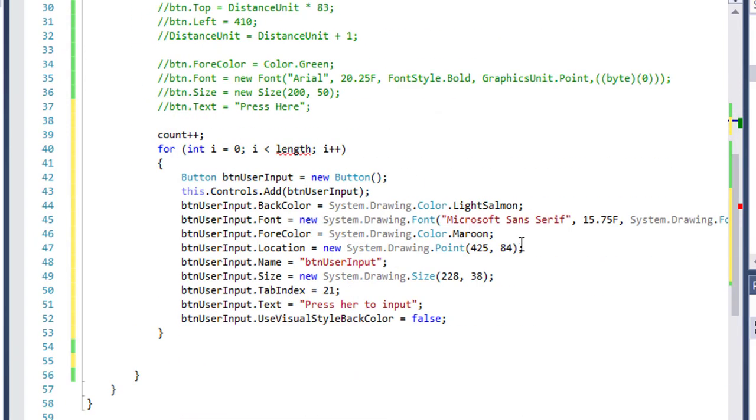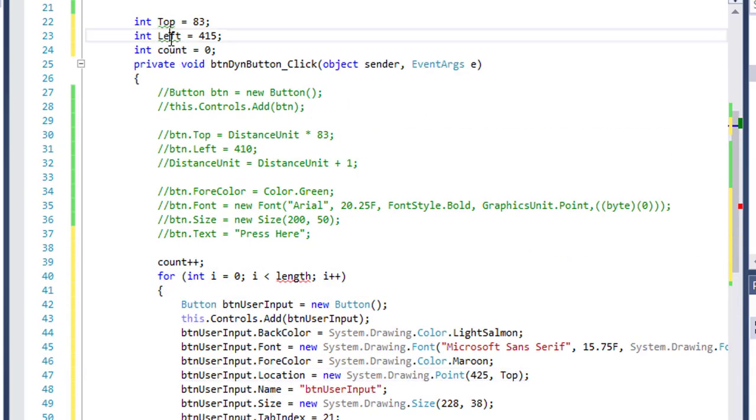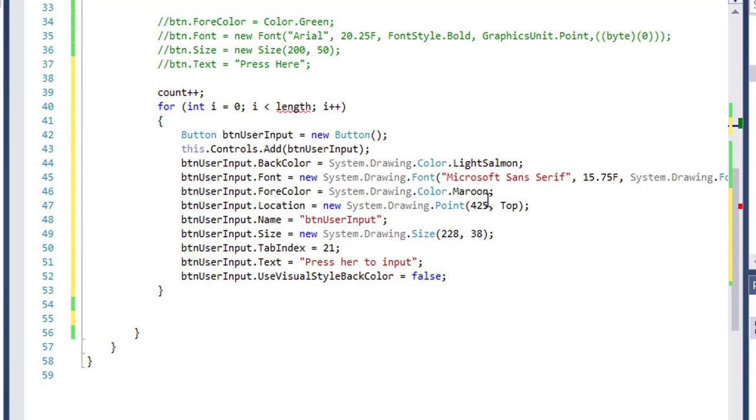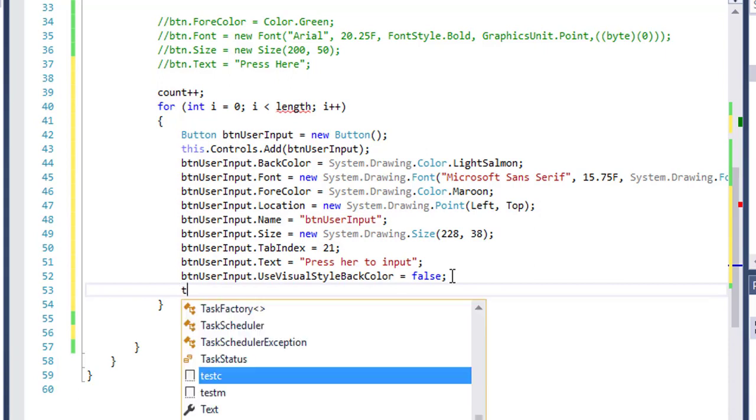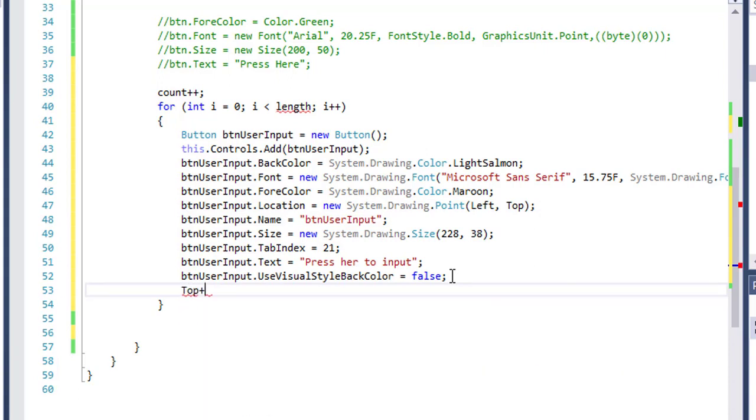I will set the top in the location parameter. top += suppose 50. It will add 50 units in every click.